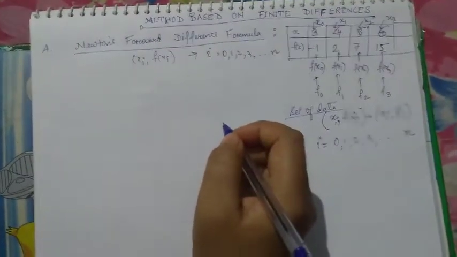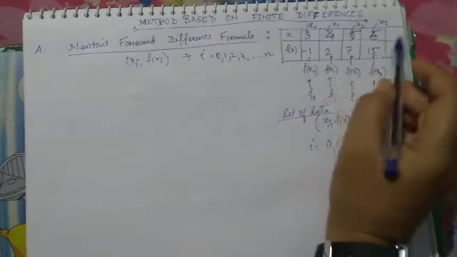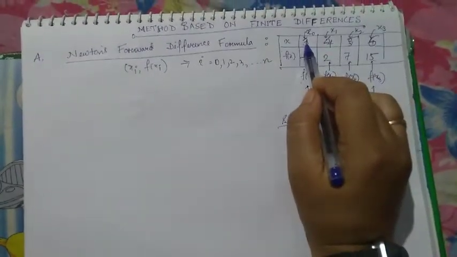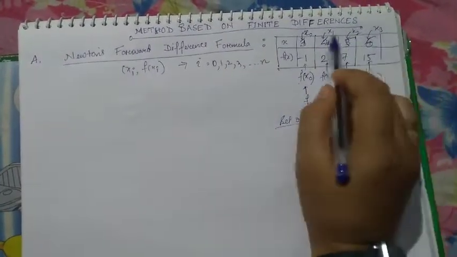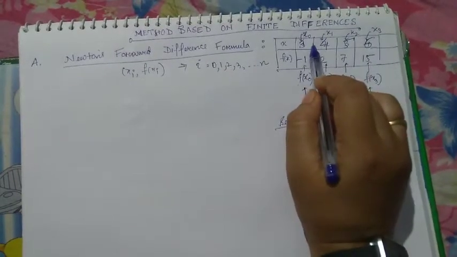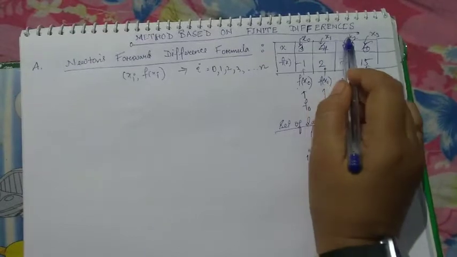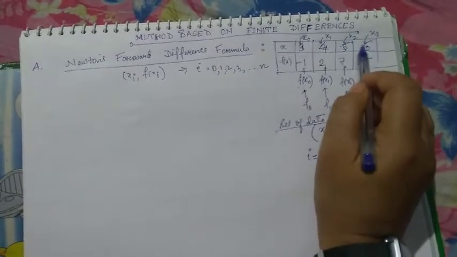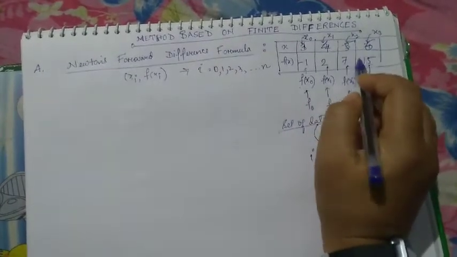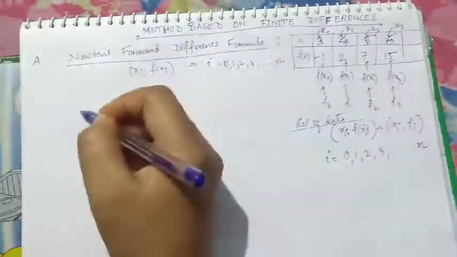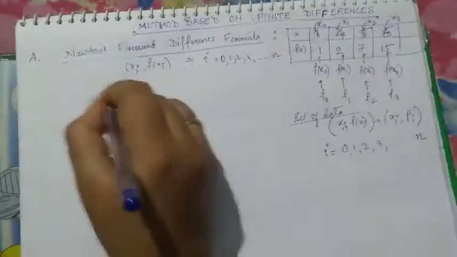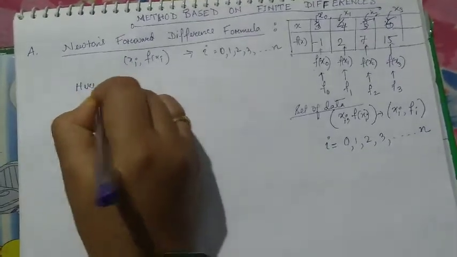Suppose you can see that the first value is x0, then x1, x2, x3. Can you see x1 is what? Greater than x0, isn't it? And x2 is also greater than x1. So there is a gap of 1 between everything. So we can generalize it for xi also. How to write that thing? So we will write here.